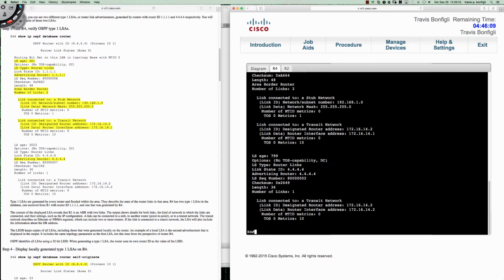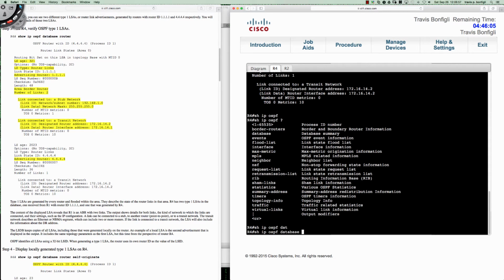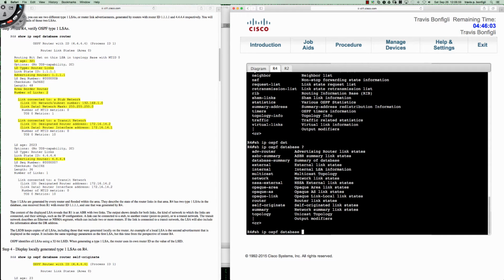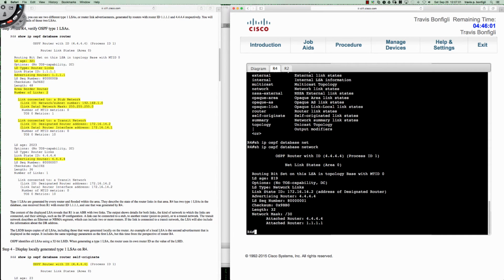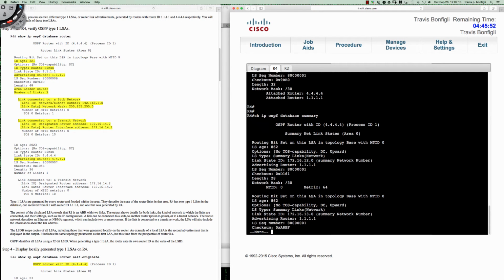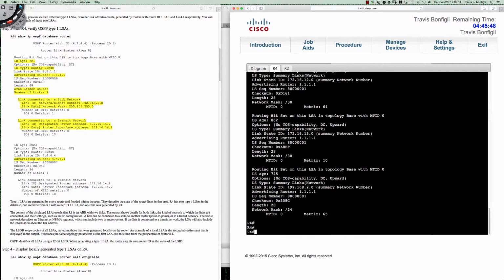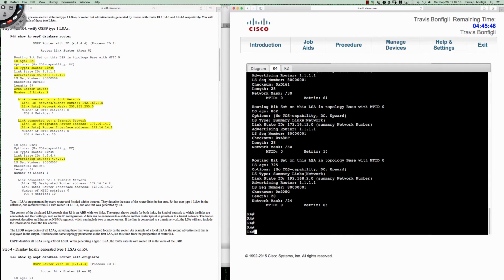And you can do this. If I say show IP OSPF database and I do a question mark, we can take a look at the network LSA. So that's the information for the network LSA. What if I wanted to see the summary for the type 3s? Well, here's my information for the summaries. And you can see it gives us the metric information as well for those summaries. I can say